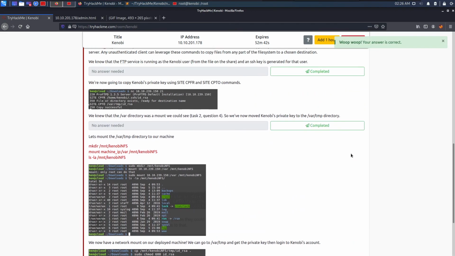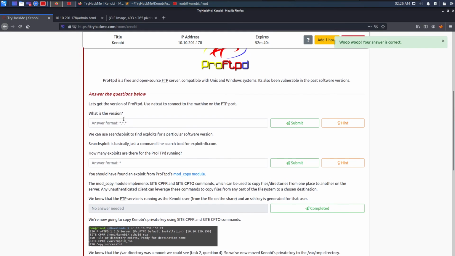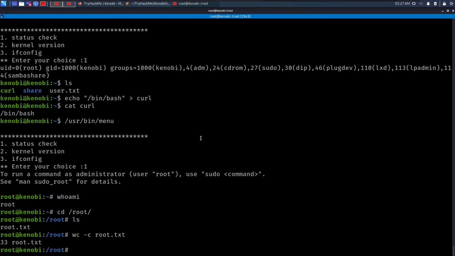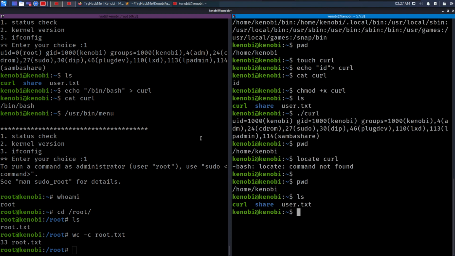To get initial access, what is the version of ProFTPD? It was 1.3.5. How many exploits are there for ProFTPD? I saw 3 in SearchSploit. So let's see whether it is a correct answer. No. How many exploits are there for ProFTPD running? It says we can use SearchSploit to find exploits. So if I come to my SearchSploit,